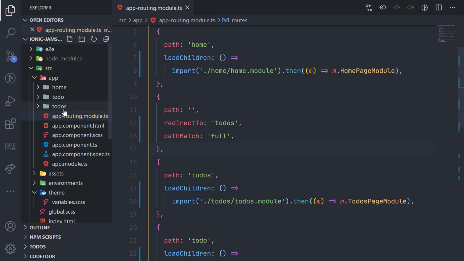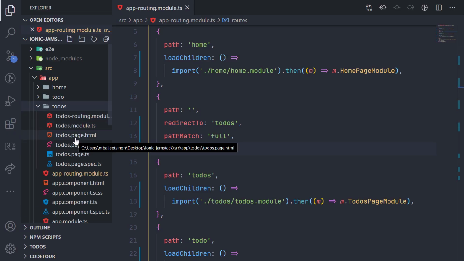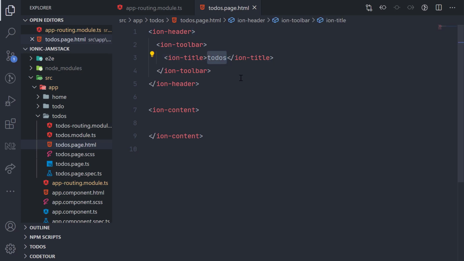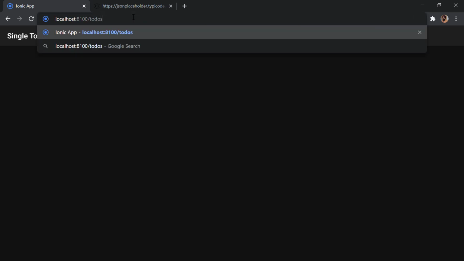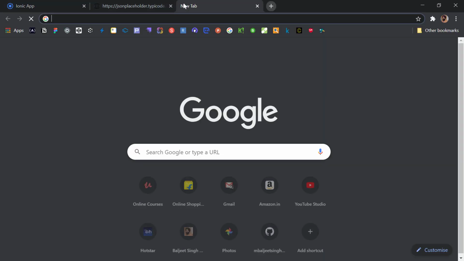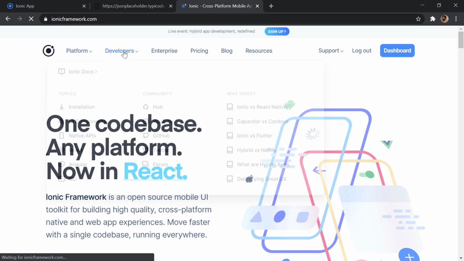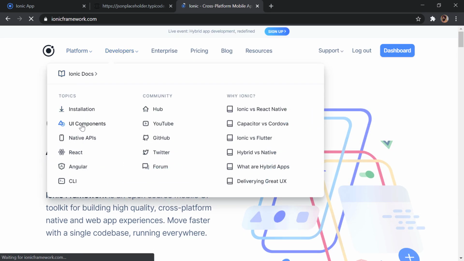So if we go to todos.page.html, here we have ToDos. So if we change it to ToDos, and this one too, let's say single ToDo, so that should be clearer. So if I go here, we have this single ToDo, and if you go to ToDos, we have these ToDos. And next, if you go to ionicframework.com, and in here let's go to developer and UI components,